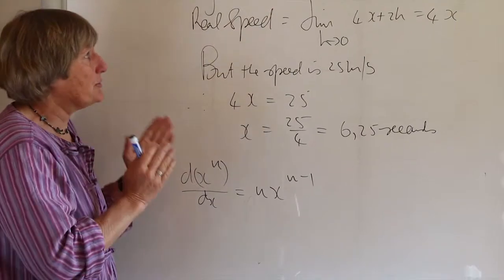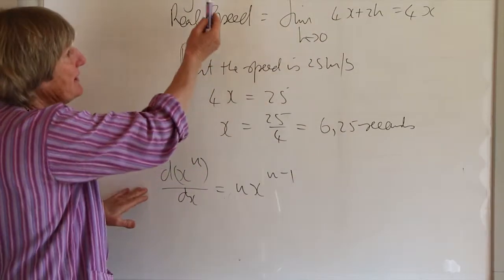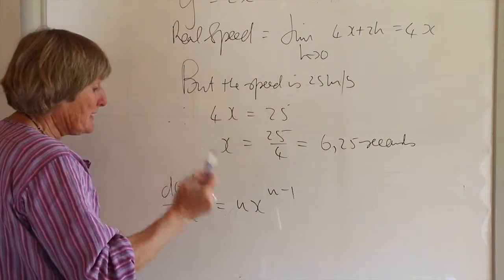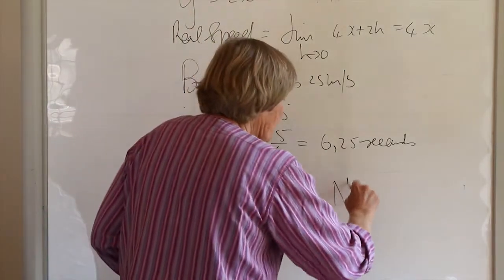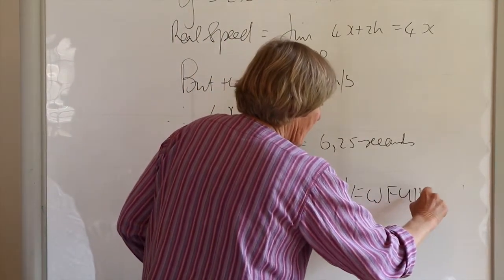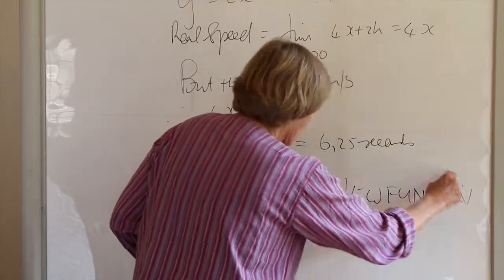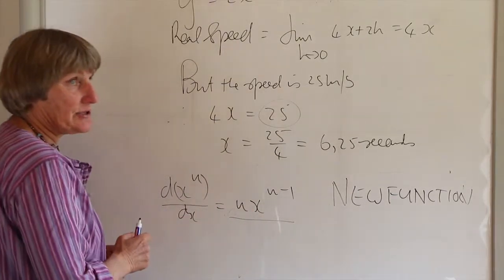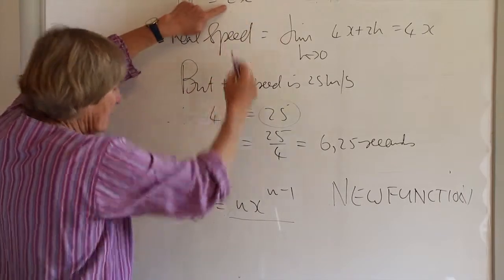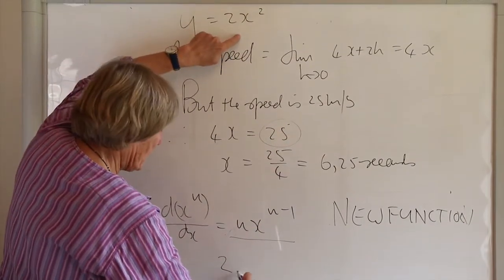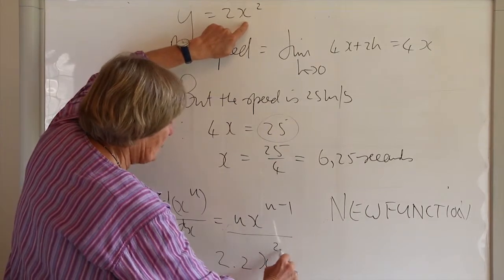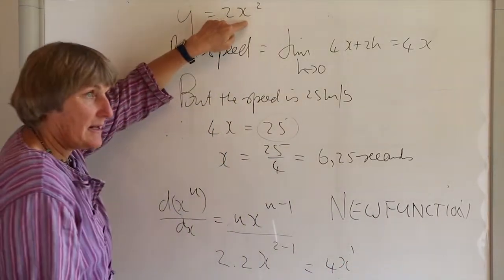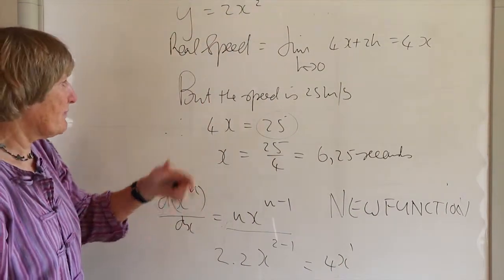Now, what are we doing when we differentiate? So when you are differentiating, you're getting the real speed. That is very important. So you are creating a new function. And the output of the function is the speed. The output is the speed. And how do you get it? This is the rule that they teach you at school. So n, there's a 2, the n is 2, so it comes forward, x to the 2 minus 1. So we get 2 times 2 is 4x to the 1. So you can already differentiate anything